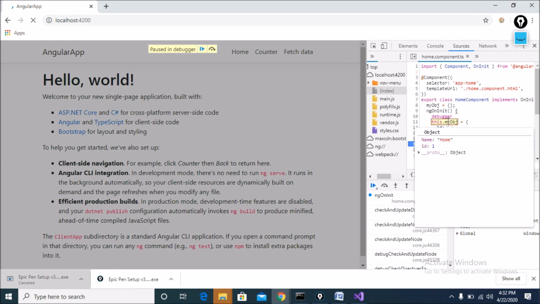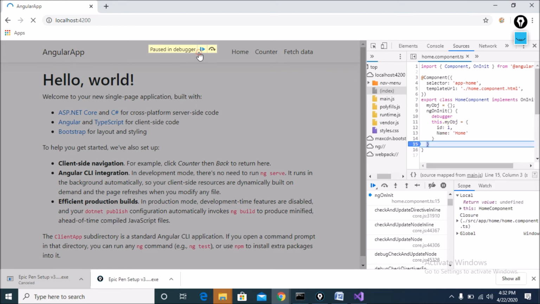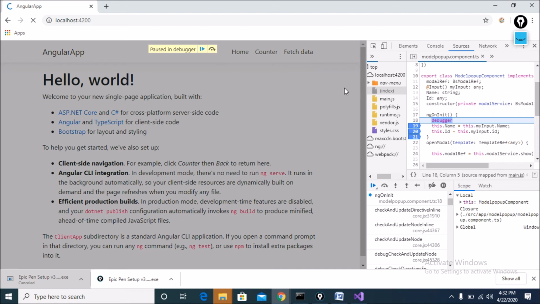You can see here after page loading the home component sets the value of the home component name and id, like that. And after that it calls the model pop-up component and gets the value from the model pop-up component.